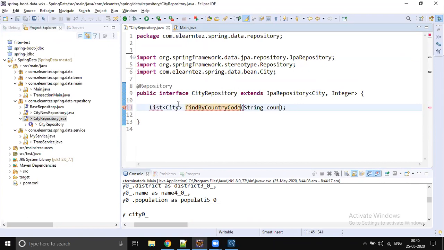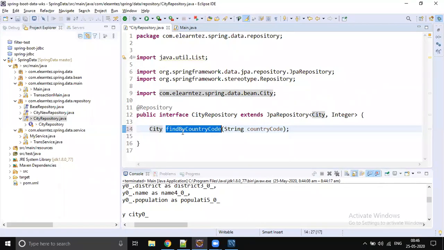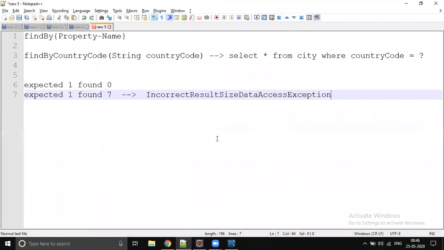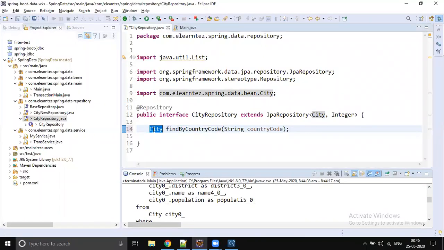If you expect a single entity, and more than one record is identified with this query generation, then Spring will throw an exception. That exception is the incorrect result size data access exception, the same thing as in JDBC. So while you are writing a Data JPA application, you should handle this scenario. Make sure you write your methods properly, how you are writing your queries and extracting the data.